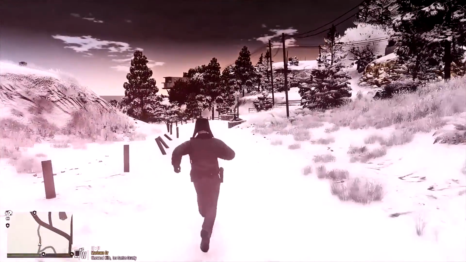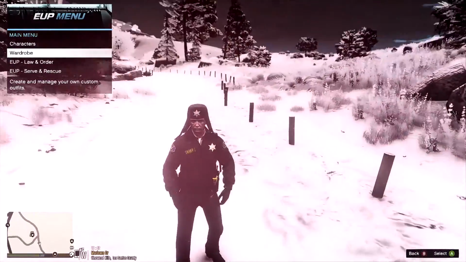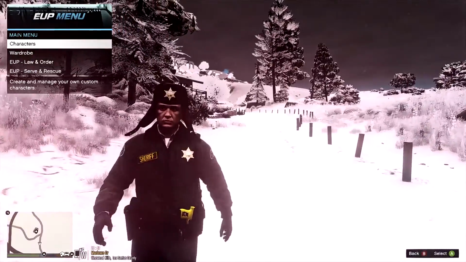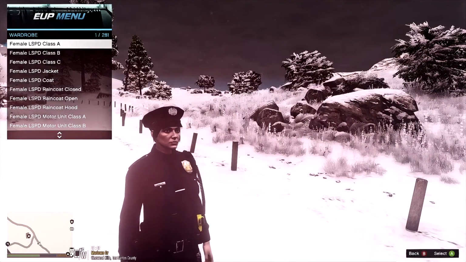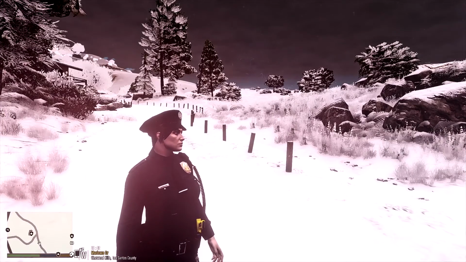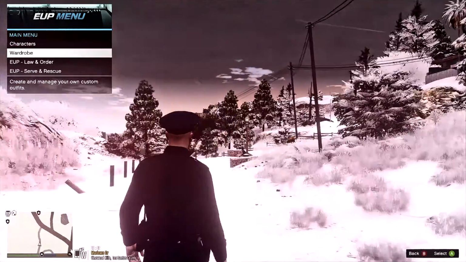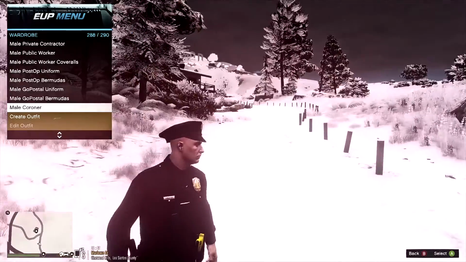Now EUP menu is all the same thing. It's just a different option to choose from to create a character and select your uniforms. Alright, so we do have 279 female uniforms, and then we do have about, let's go to the male character here, 288 male uniforms,